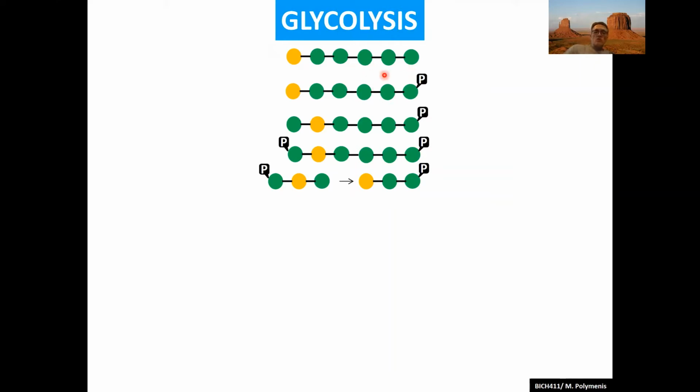And these are the reactions we've seen so far. In the first reaction, nothing happens, hexokinase will just phosphorylate the end. In the second reaction, isomerization, we have nothing really. We convert the aldose to a ketose, so now we have fructose 6-phosphate. In the next reaction, PFK, we just add an extra phosphate at the very end. And finally with aldolase, we clip it, and with TPI, we convert the dihydroxyacetone phosphate to glyceraldehyde 3-phosphate. So this is what we have so far.